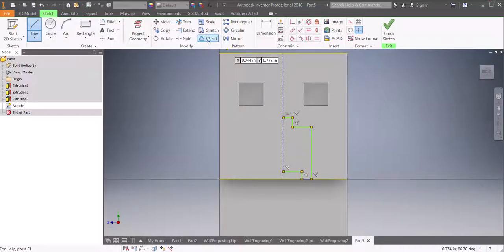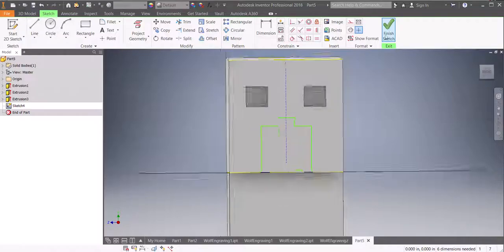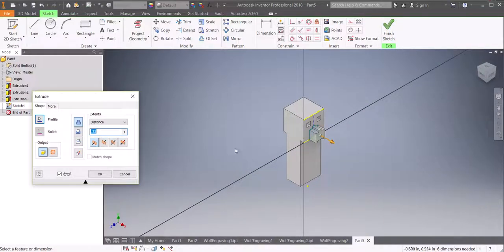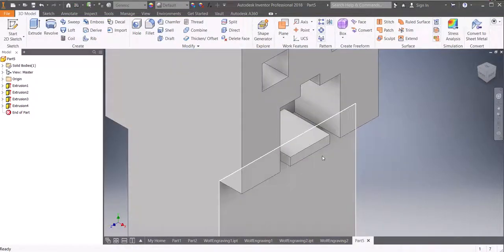Okay, and now I'll use mirror again, and I'm just going to drag a box, so click down and to the right. I'll mirror all that over this line and say apply. Now it's got that. I'll hit E, done, and then E to extrude. Let's see if we get that the opposite direction. If we get something that looks like, okay, so I got a little too far down there,